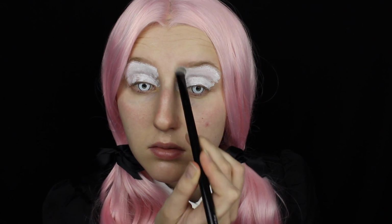Starting out, I'm taking my NYX Jumbo Pencil in Milk and applying that from my lid all the way up into my brow bone. Because we're doing such colourful eyeshadow today, using a white base is a very important step. I'm going to messily apply it and then blend it into my skin with a soft eyeshadow brush. You will need to set that with some sort of a translucent powder so everything you apply on the top